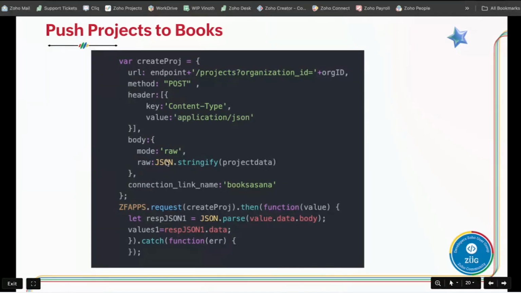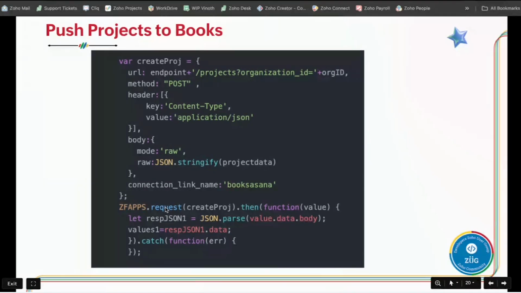Finally, all these objects will be passed through another request method, which will push all the projects obtained from Asana into the Zoho Books projects module. So we have used two different request methods, since we are handling two different APIs. This is the logic we have handled in our